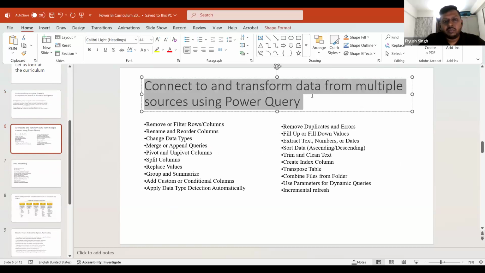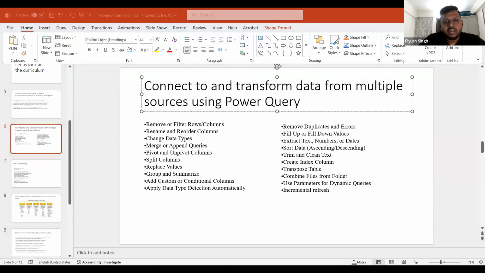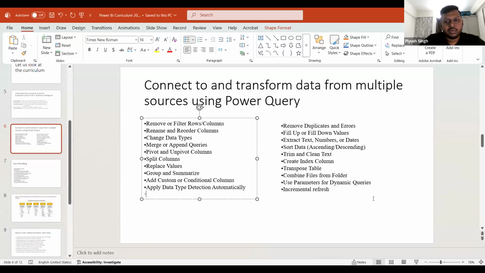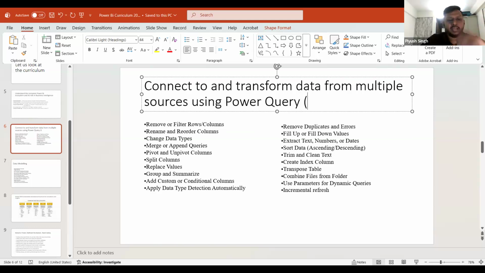Connecting and transforming data from multiple sources using Power Query. As I told you, this is Power Query, this is transform data, this is Power Query. Now, what is Power Query and why do I need Power Query? Right. So we have this ETL, extract, transform, and load. What do I mean by this? I mean I'm extracting data from multiple sources. Transforming means converting this extracted data, this entire big data, whatever I had, into only that part of the data, or refining it in a way that I can use it. And directly I'm loading it in the model, right? So this is what is known as ETL, and it is the ETL tool of Power BI.